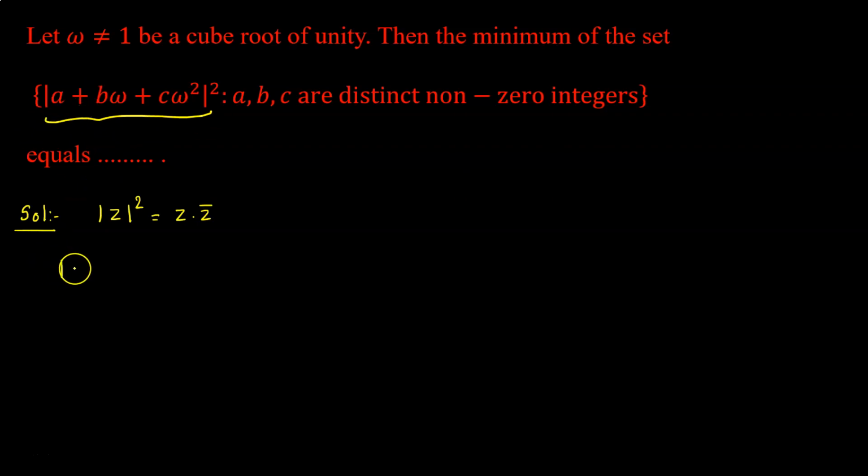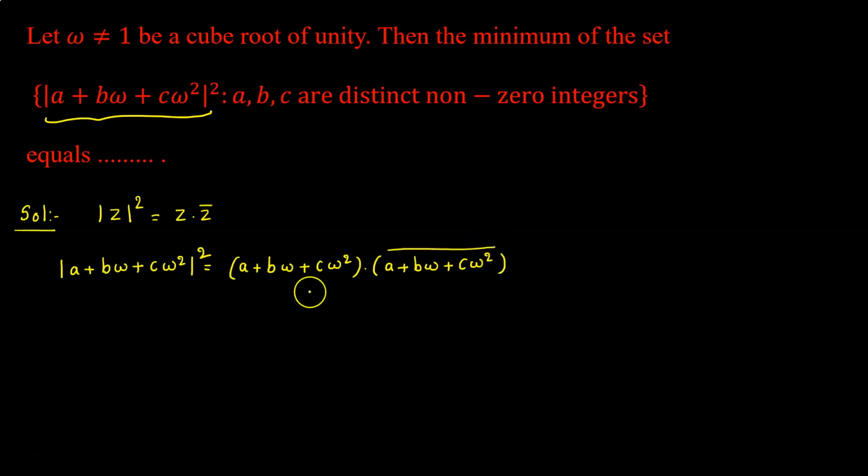So what we essentially have is a plus b omega plus c omega square. We can write this as, okay, a plus b omega plus c omega square whole mod square. So we can write this as a plus b omega plus c omega square into a plus b omega plus c omega square whole bar. So now simplifying this, we'll have a plus b omega plus c omega square into, here a bar,